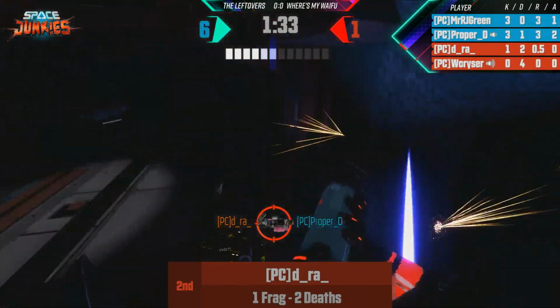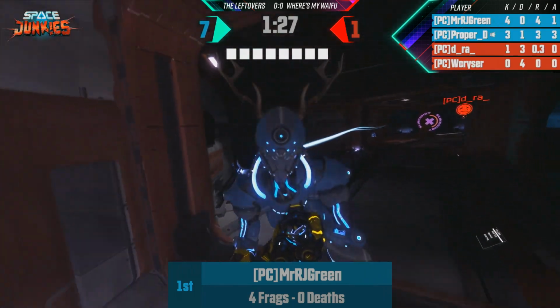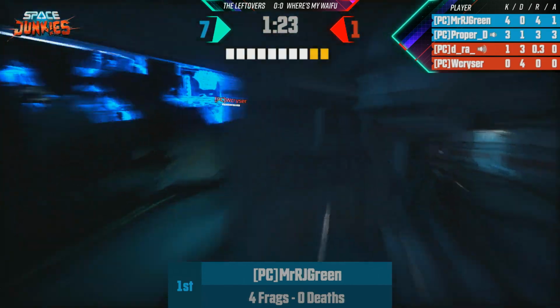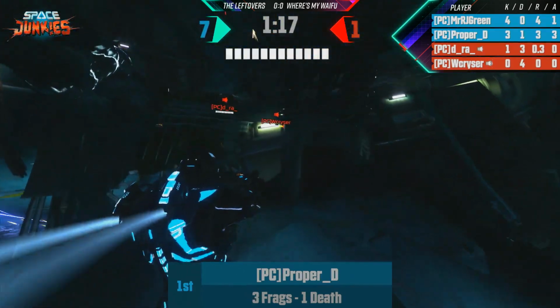D-Ra's under pressure, but he is able to reply. But instantly, guess who's around the corner? Mr. RJ Green. He delivers the damage, he delivers the kills, and now we're up 7-1. So, one-sided for one of these teams so far, but not the team I expected. Where's My Waifu is actually falling by the wayside pretty heavily here,